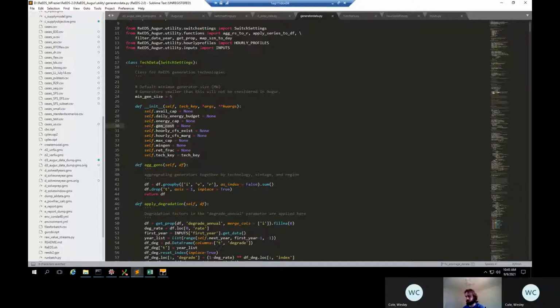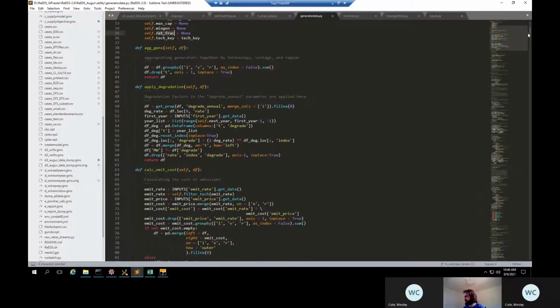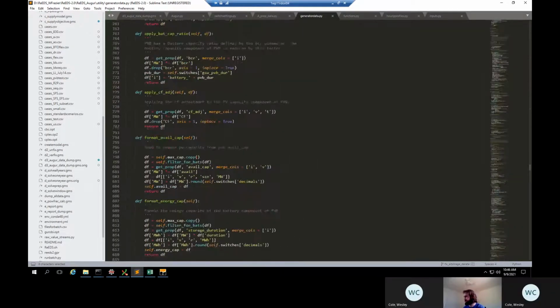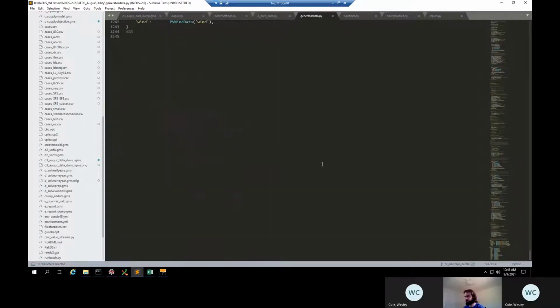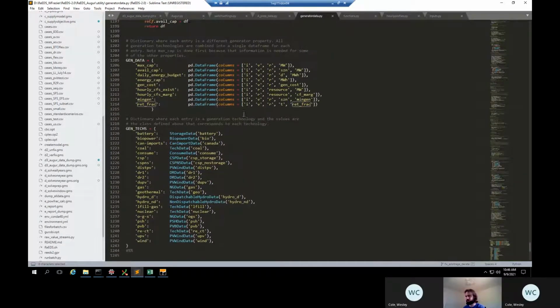Energy capacity, the cost of generators, these have to do with our hourly profiles, max capacity, min-gen, and then this ret frac gets passed back to ReEDS. It's not actually used in Augur. At any rate, if we scroll to the very bottom of this file, we're going to see this, first of